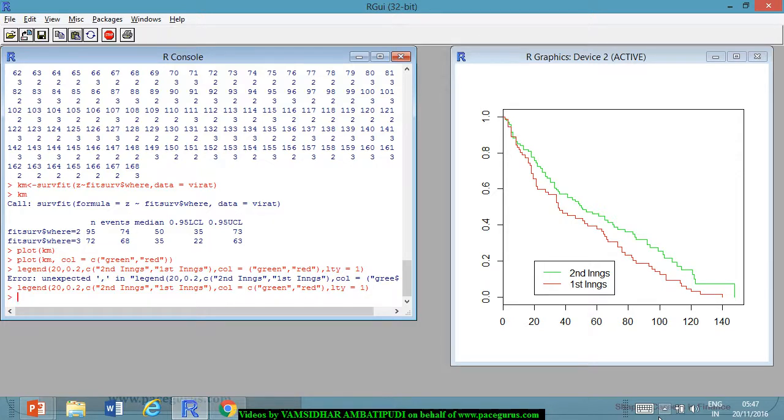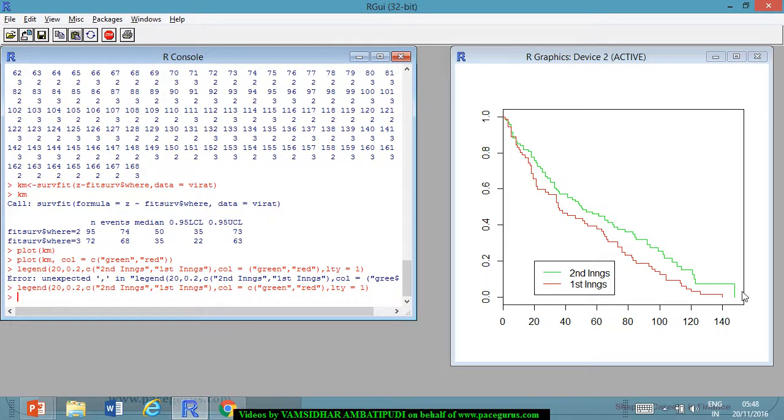So finally, we could clearly conclude that across the path, there is no overlap anywhere in the tree. So it's a very clear indication that his chances of survival are much better when he is playing in the second innings. Chances of not getting out are much better when he is playing in the second innings compared to that of the first innings. That's one important conclusion that we can bring out by using the survival decision tree models here